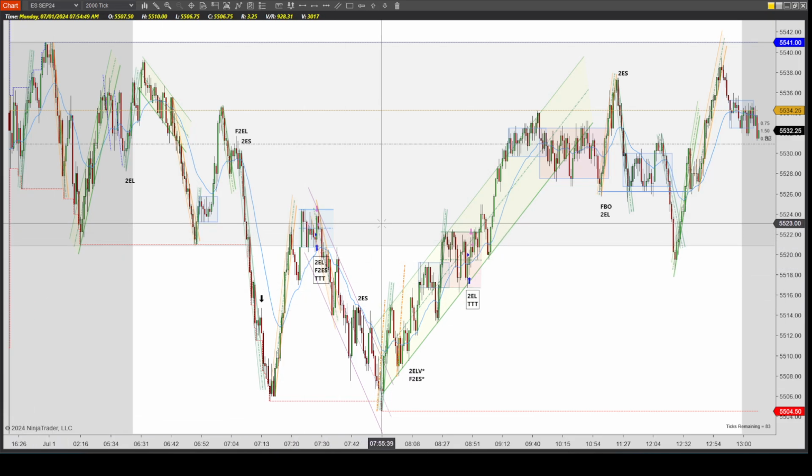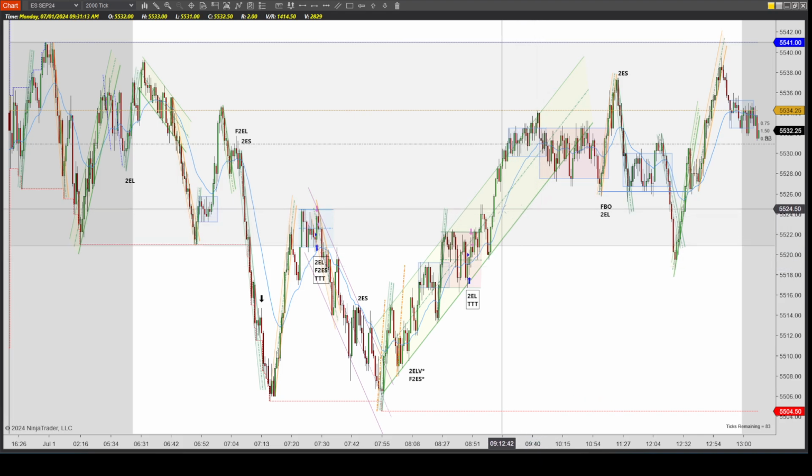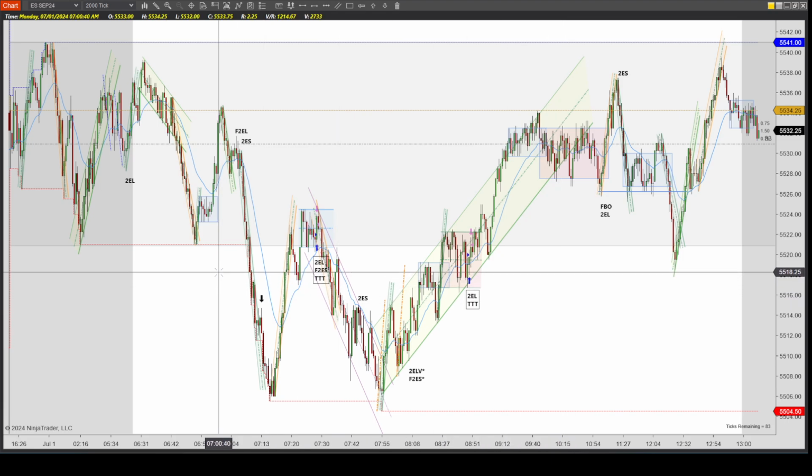July 1st, 2024. This is the S&P 500 E-Futures Mini on the 2000 tick chart using NinjaTrader 8. This is what the chart looked like today. There was one piece of economic data that came out, which is the ISM Manufacturing PMI at 7 o'clock Pacific